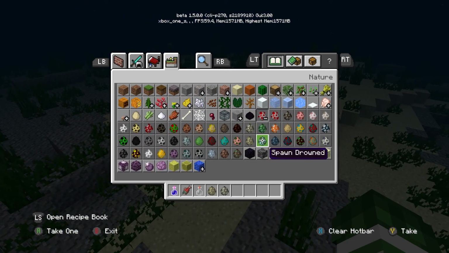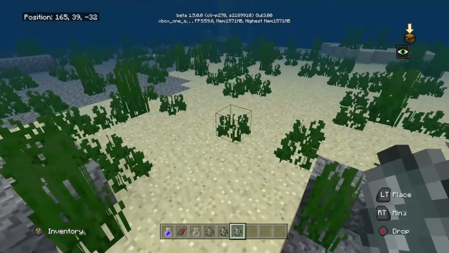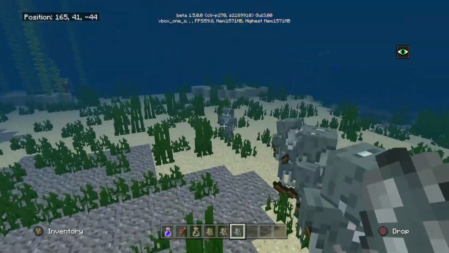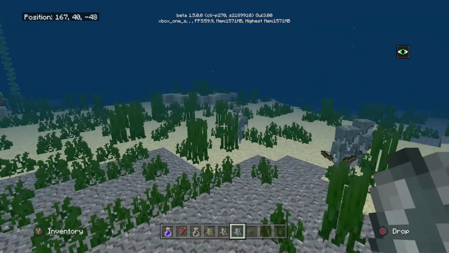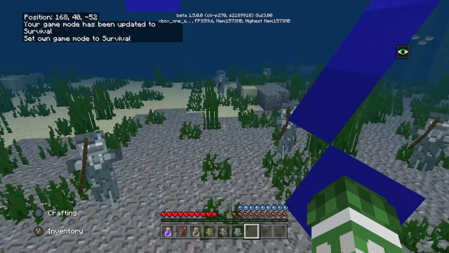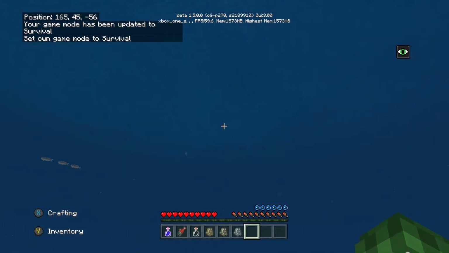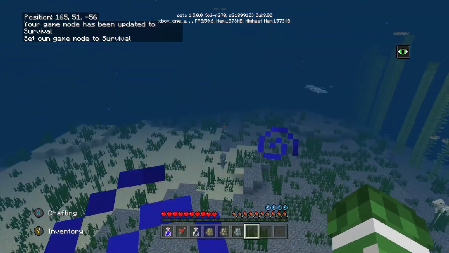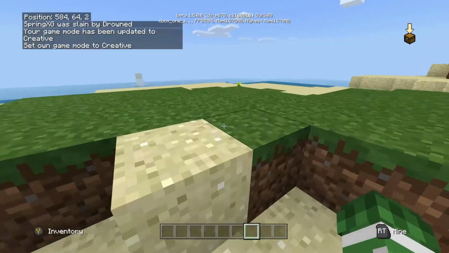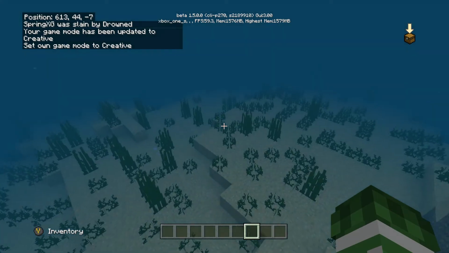Okay, so the next feature is a little bit more confusing, but it is now that the ranged undead mobs that sink, like the strays and skeletons, now they sink at the bottom. But if we put ourselves into survival real quick, you'll see that they all aim at me, but they don't shoot, and that is because of the fact that they only attack melee now. So well, we lost all our stuff, sick. But yeah, they only attack in